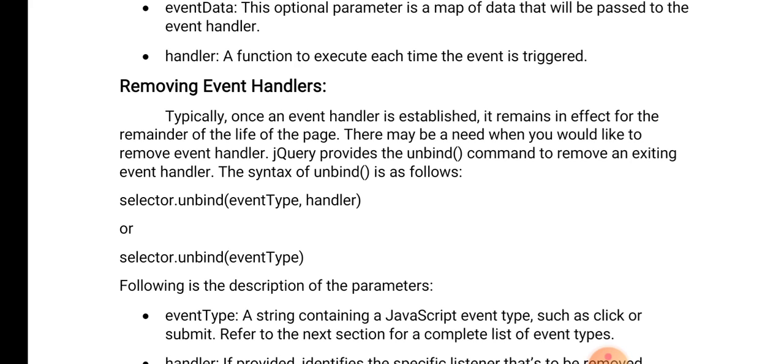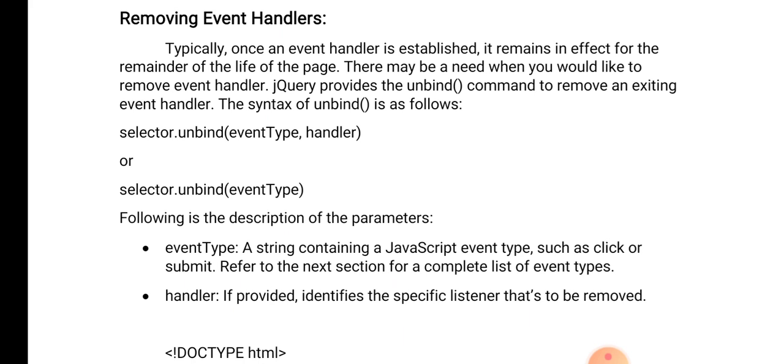The syntax of unbind is selector.unbind(eventType, handler), or just selector.unbind(eventType). Here event type is a string containing a JavaScript event type such as click or submit. Handler, if provided, identifies the specific listener that is to be removed.